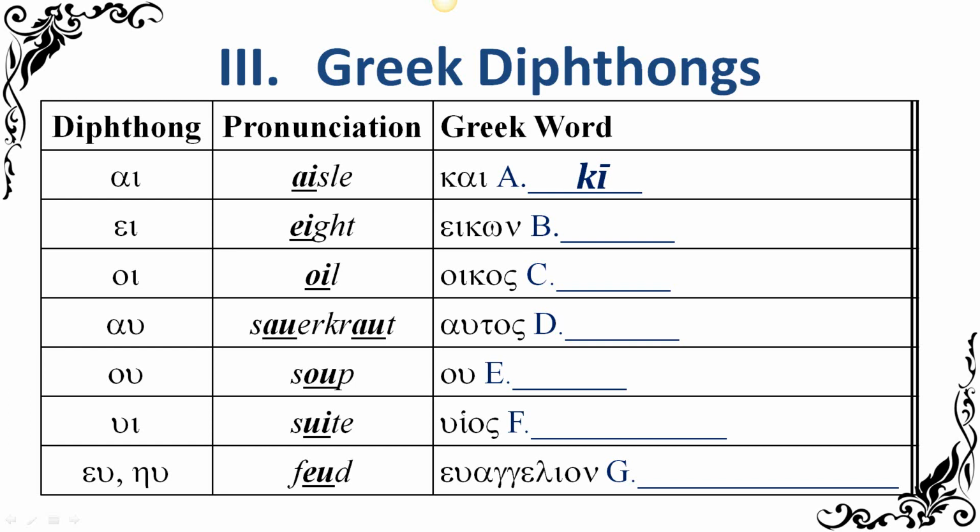I know them because I've done it for a while, but when I first was learning it, I hated the diphthongs, to be honest. I came across a word that had a diphthong and I was like, skip that one, moving on. Well, there's nothing that warns you it's a diphthong, like the overbar. Exactly, there is no overbar or anything like that. You've just got to know the letter combinations, and that takes time. So if you don't get it immediately, please don't beat yourself up about it. Every time you see these letters together, it is a diphthong. There are no exceptions to that in Erasmian Greek. That's good.